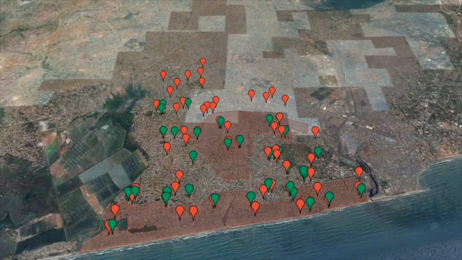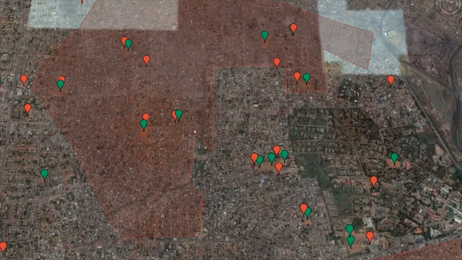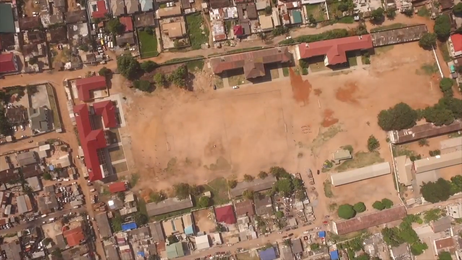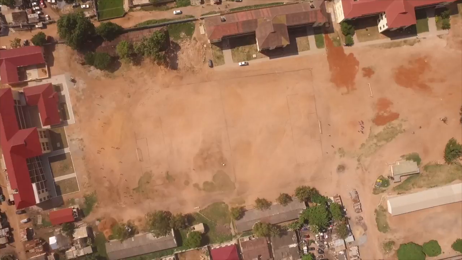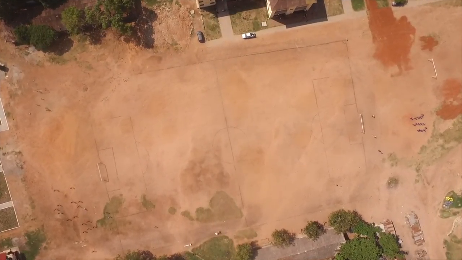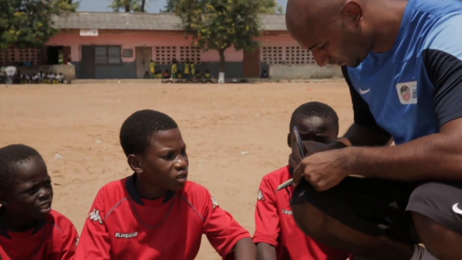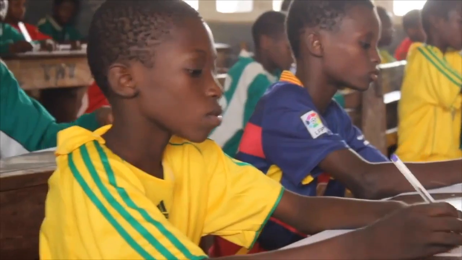We profile these areas and process our data to then select one pitch that promises to be the most likely location for us to identify talented athletes and students. That pitch is often a centre within the community, a focus point that allows us to invite all of the local youth teams to participate in a recruitment event. The trial event follows Right to Dream's holistic model of development and therefore tests all participants in football, academics and